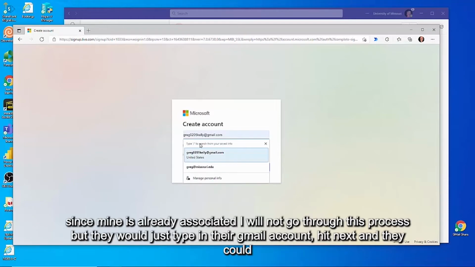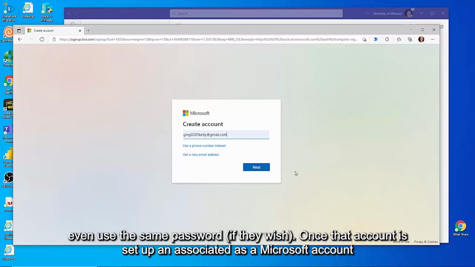Since mine is already associated, I will not go through this process, but they would just type in their Gmail account, hit next, and they could even use the same password if they wish. Once that account is set up and associated as a Microsoft account,